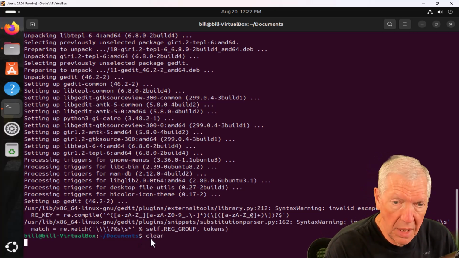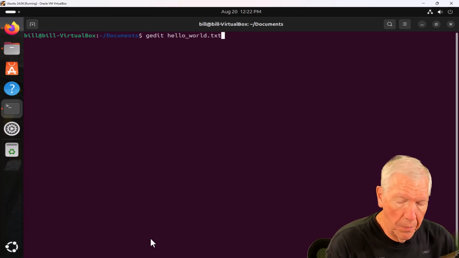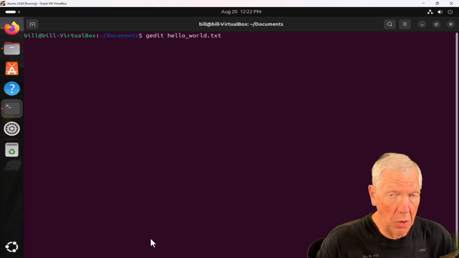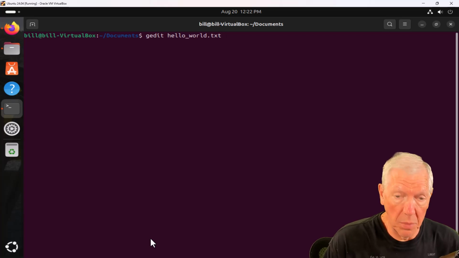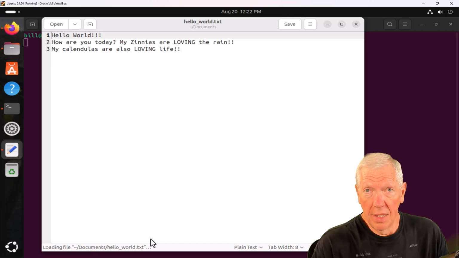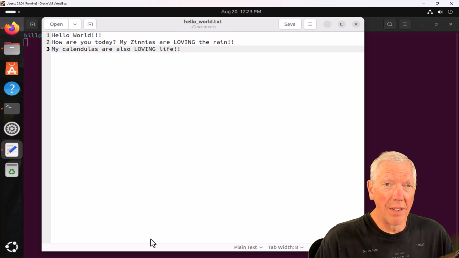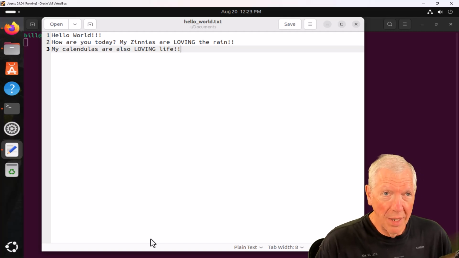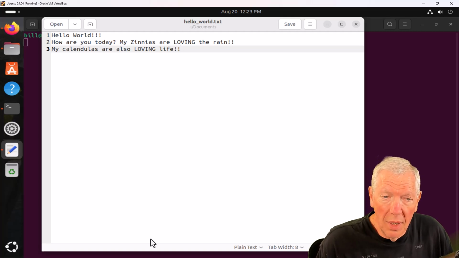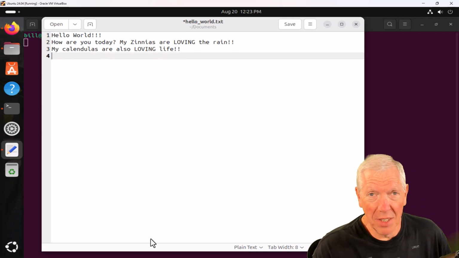I'll clear the screen and I'll hit gedit like that again. I'm just using my up arrow. Up and down arrows keep track of the keyboard history, which is very cool, especially when these Linux commands get super long. And I will hit enter. And boom, there you are. Now, do you see the difference with gedit? We love gedit because it's not white letters on a black screen. It looks like a regular word processor. So that's kind of cool. It doesn't have many more features than Nano, but it's actually a pretty cool one.